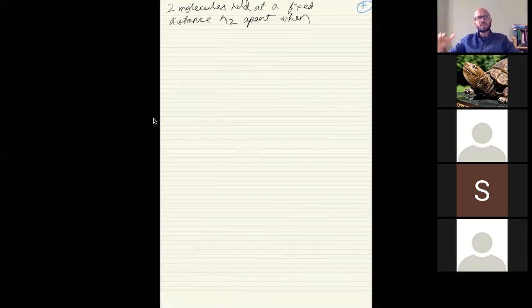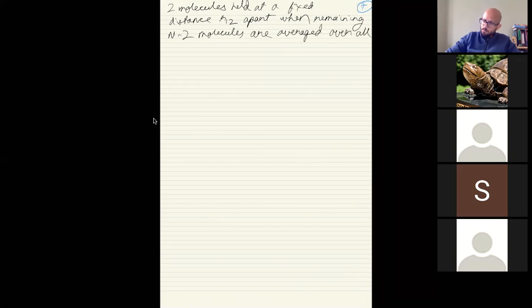So instead of r1 and r2 separately, we just switch to talking about r12, which is a scalar. r12 apart, when the remaining N-2 molecules are averaged over all possible